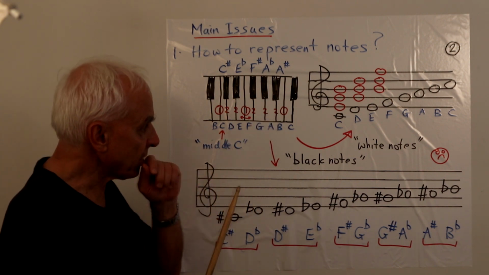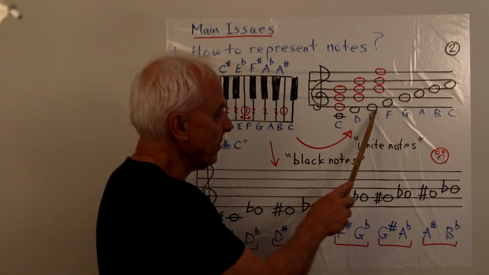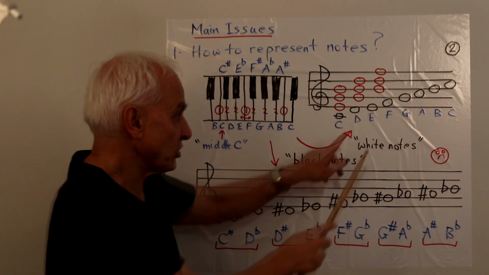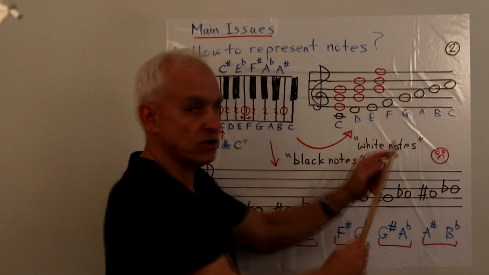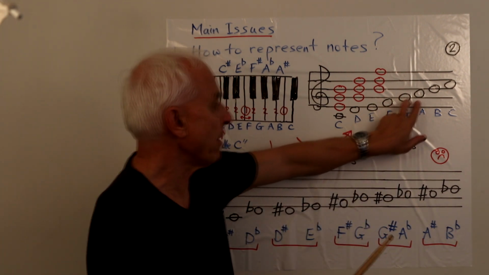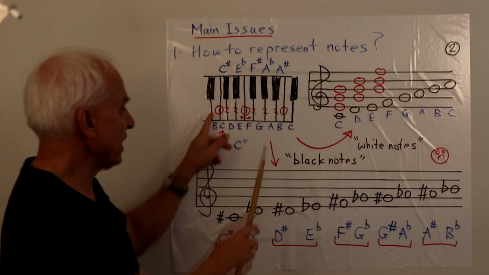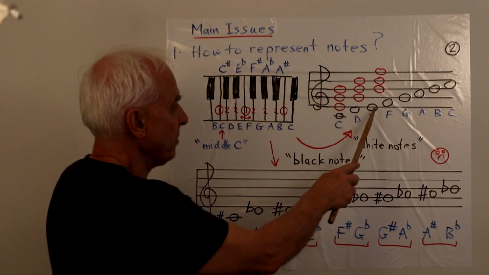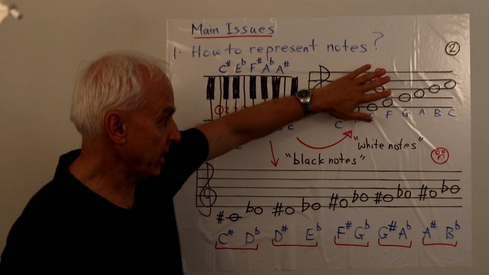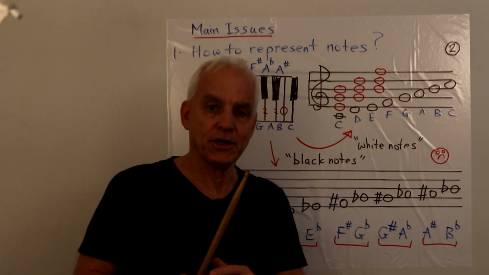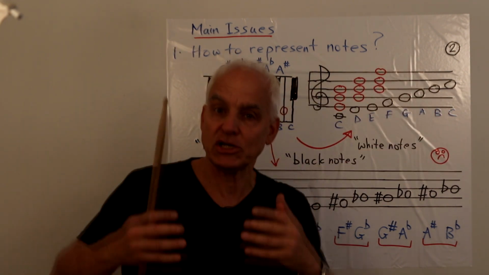And that has the consequence that, for example, going from the E to the F, even though it's just going up 1 step, looks a lot like the step from G to A. It's actually quite different. This is a 2-step and this is a 1-step. There are actually 3 such places, from E to F and from B to C, and then also from E to F again: 3 places just on this treble clef. So that creates problems for translation or transposition.